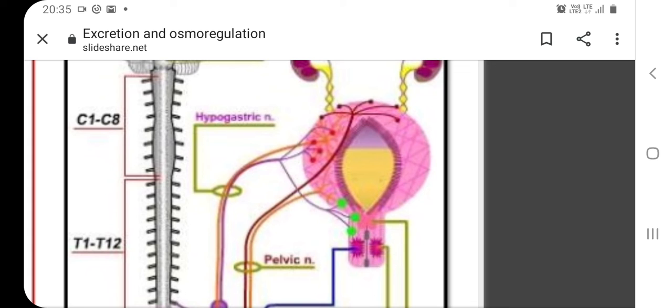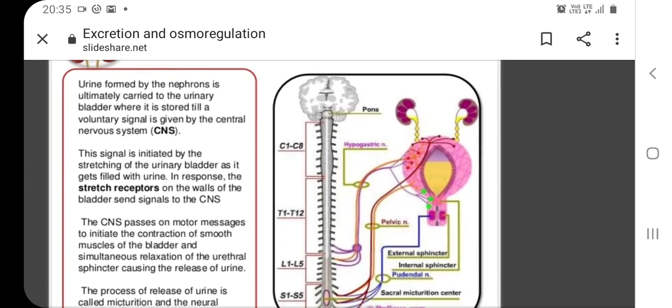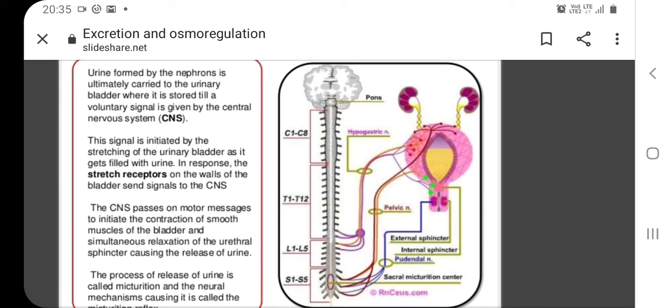triggers the impulse, and this impulse is carried to the central nervous system by peripheral nerves to the spinal cord. As you can see, the nerves innervating the spinal cord at L1 to L5 and S1 to S5 region. So, the signal is given